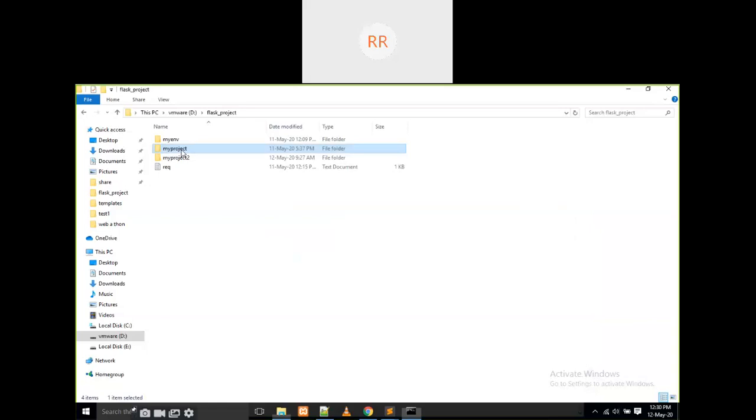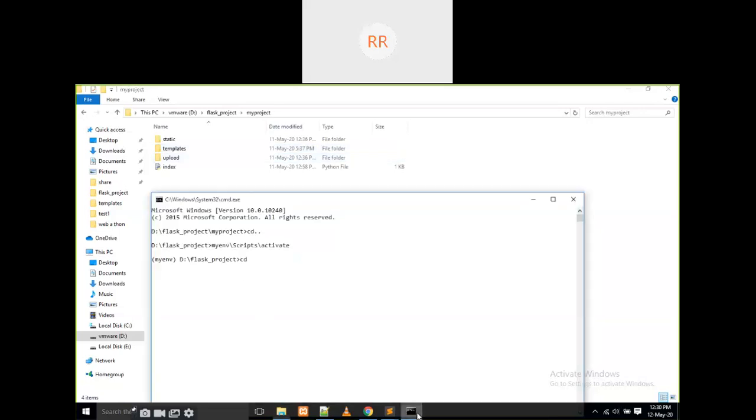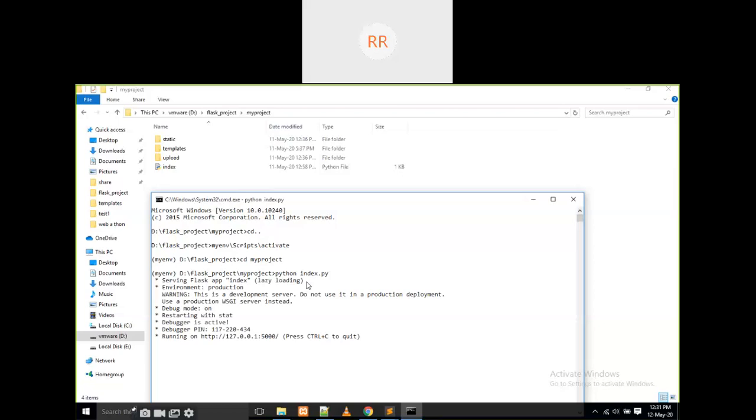My project is my project. I want to move into my project first, and now I am going to write python index.py. Yes, that's it. Then it is going to be running here.